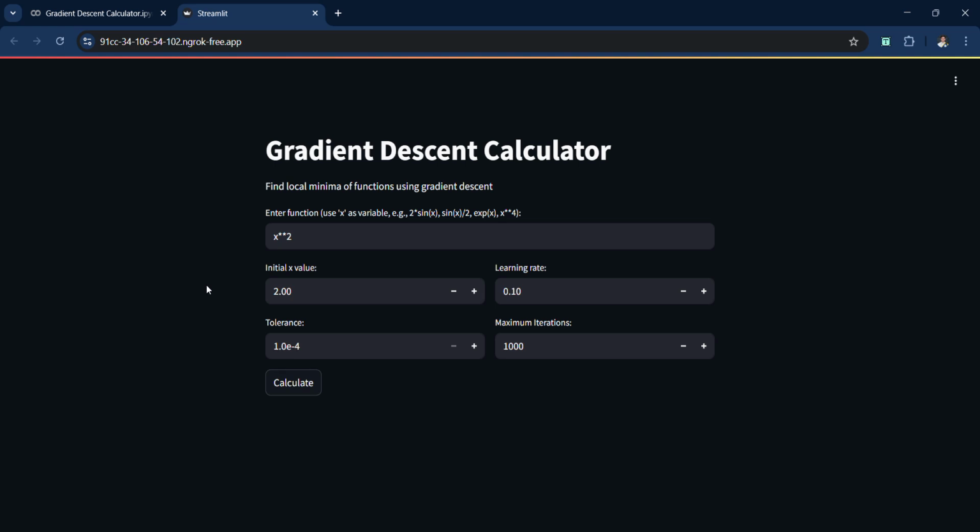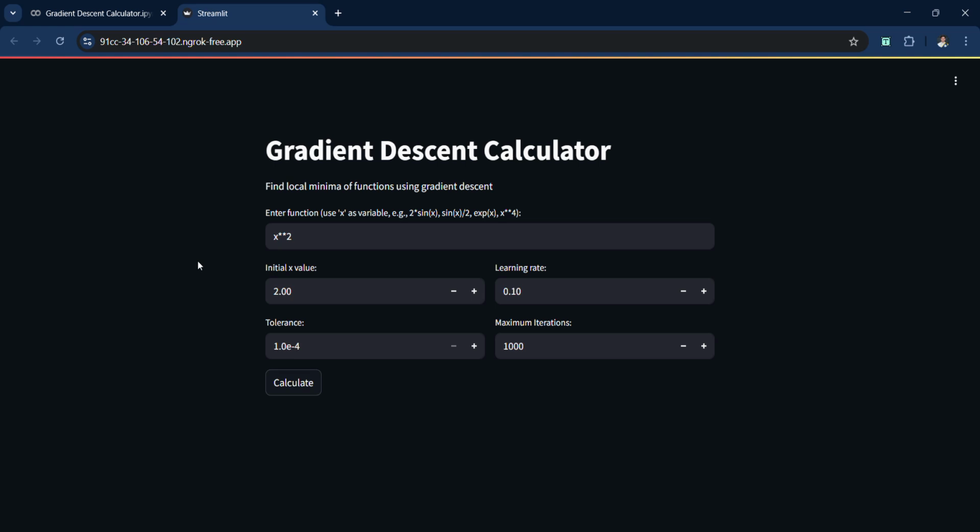So here, the Streamlit app starts. We will enter our input. The gradient descent calculator has inputs for entering the function, its initial value, learning rate, tolerance, and maximum iteration.